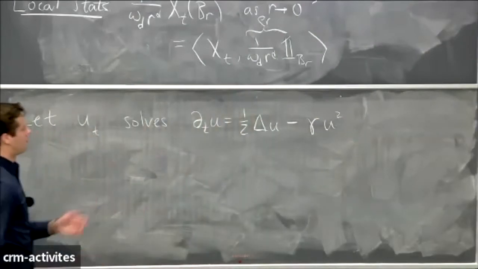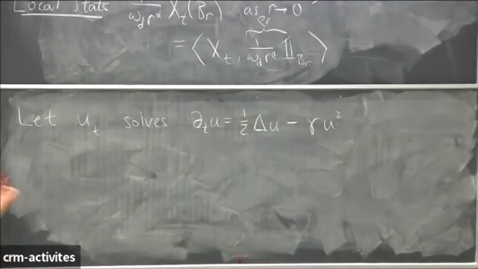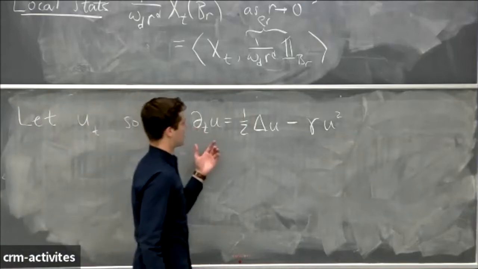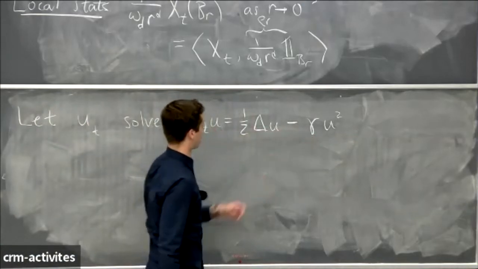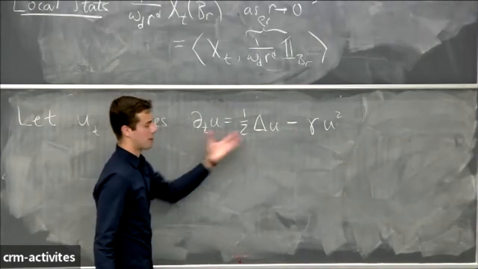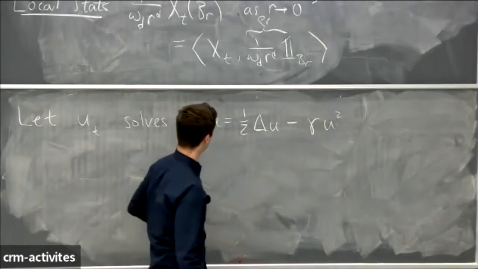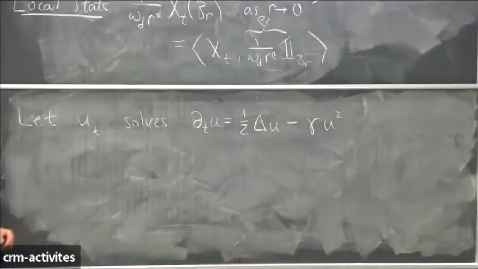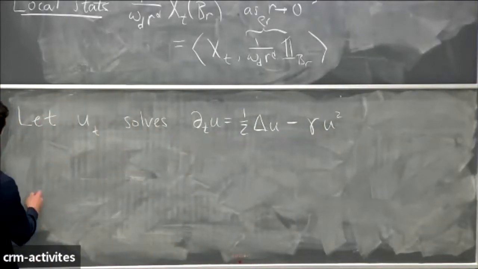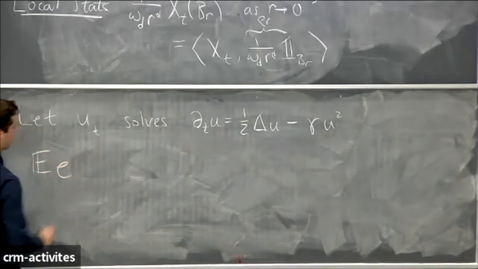So I've swapped 1 and 0 and such, so that I've ended up with something that is really a nonlinear heat equation. So it's a heat equation with some nonlinear absorption here. So if I have a solution to this PDE, then a calculation using Ito's formula will confirm the following duality relationship,